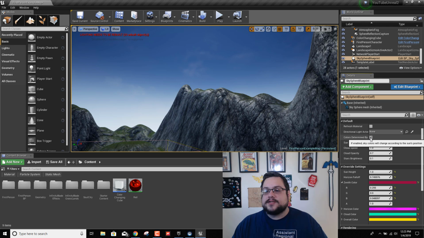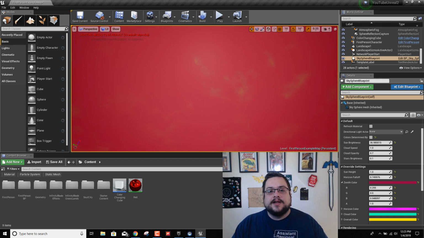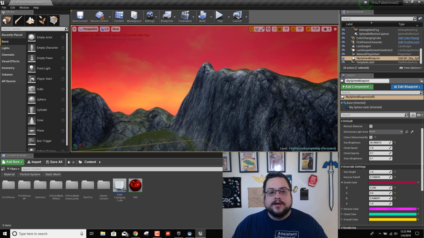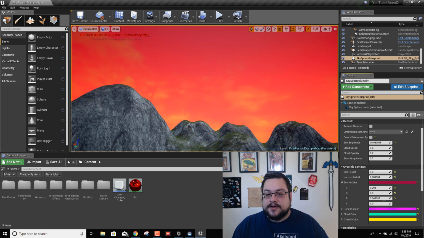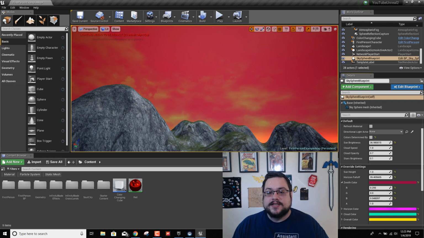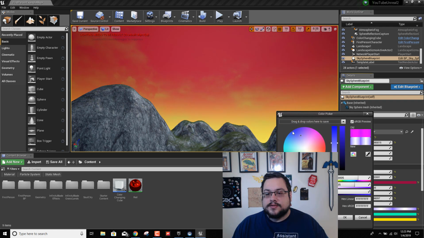Oh yeah, so colors determined by sun's position. If we uncheck that, we can modify all of the sky colors. I forgot about that one. So once you've gotten rid of the directional light and unchecked that, you'll be able to make your own colors here. So I can say, let's make the horizon fall off, so you can see the transition of color, how wide it is. So let's choose